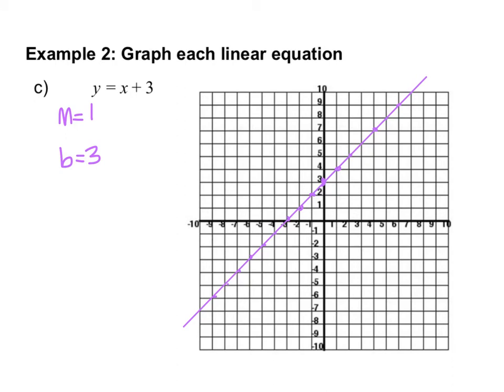So this one's pretty straightforward. For y equals x plus 3, your m is the number in front of x, so that would be a 1. Your b is the number afterwards, so it's positive 3. So you start at positive 3, and then you use the slope. So up 1 and over 1, so up and to the right, up and to the right,